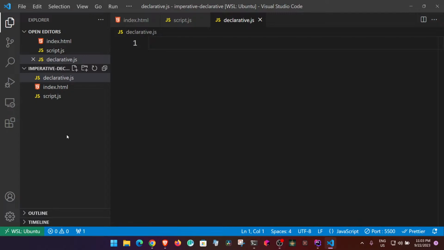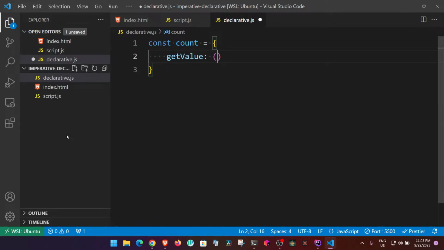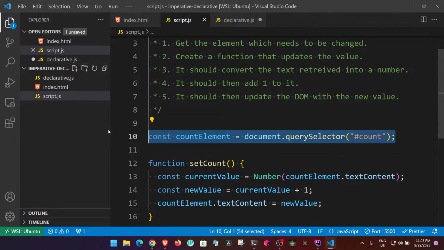We can say const count object or something, and then we can say get value, right? That could be where we have to get the value. Okay, so let's get the value using this,